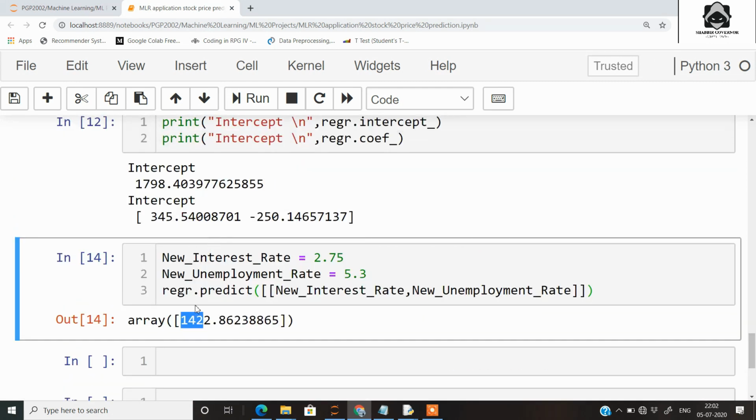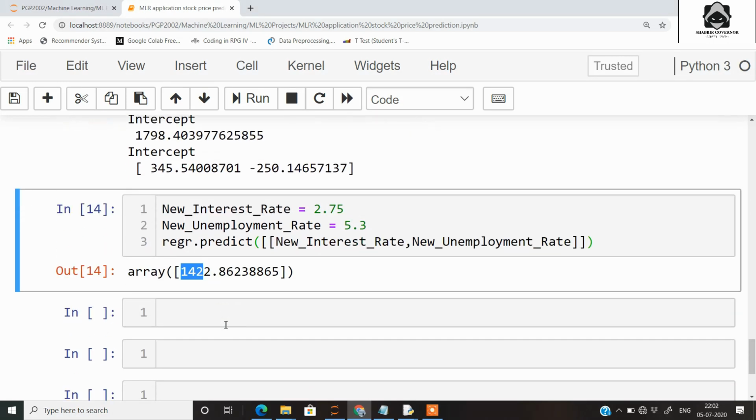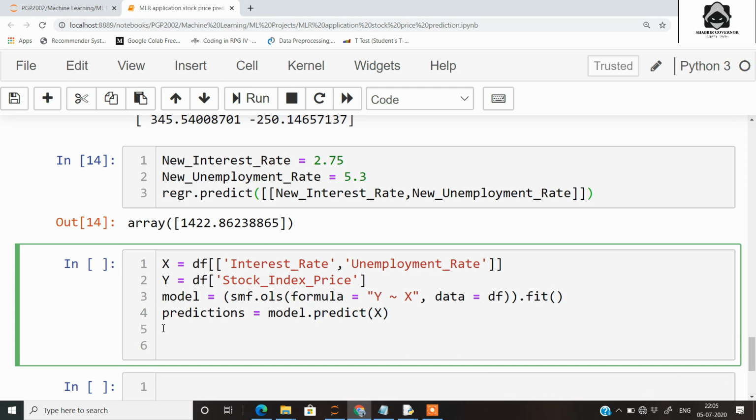So we got the prediction of the price of the stock using the new interest rate and the unemployment rate that we have passed, that is 1422.86.